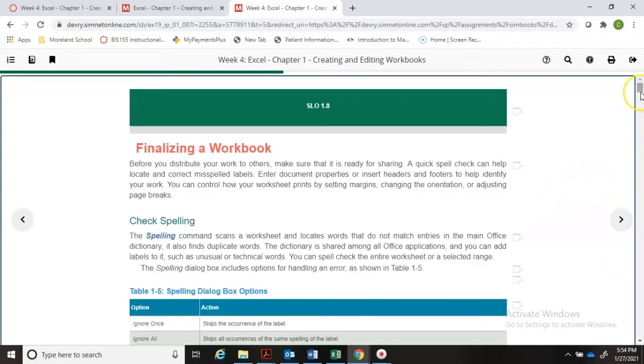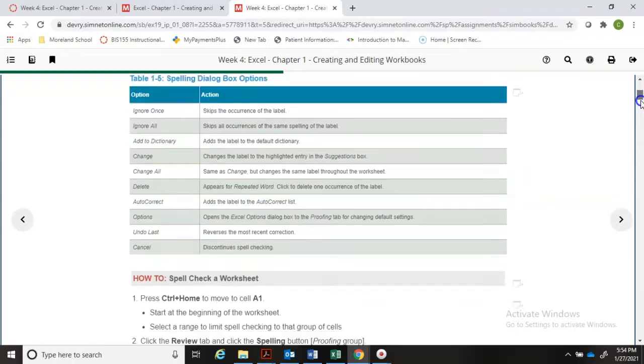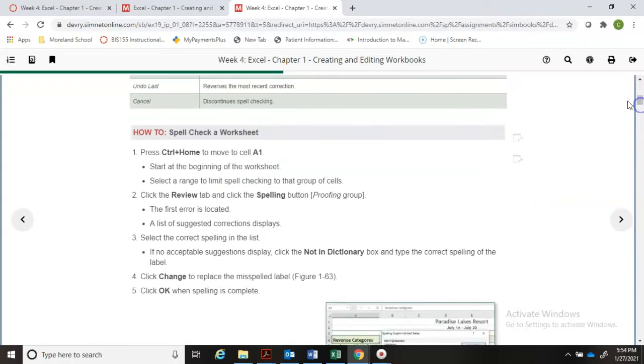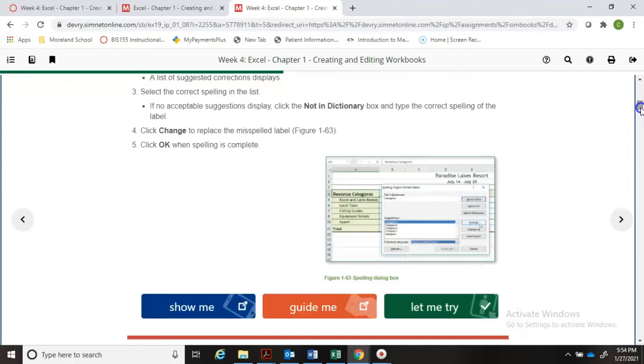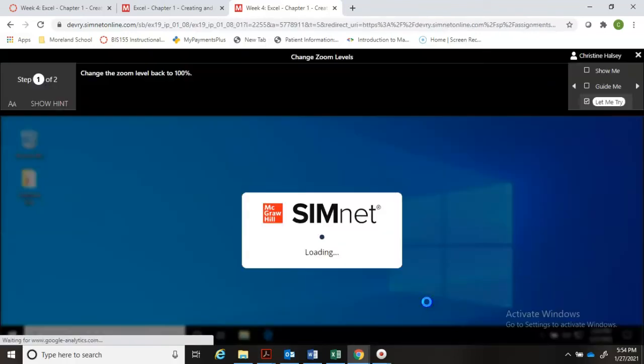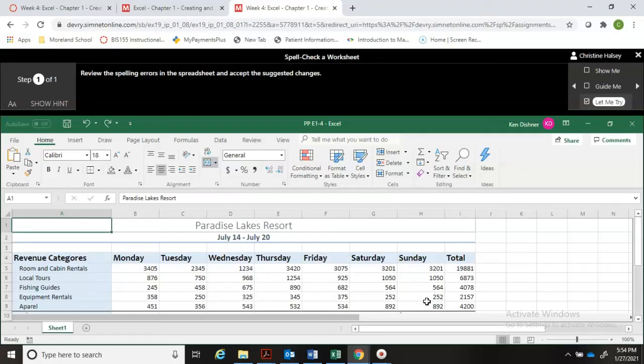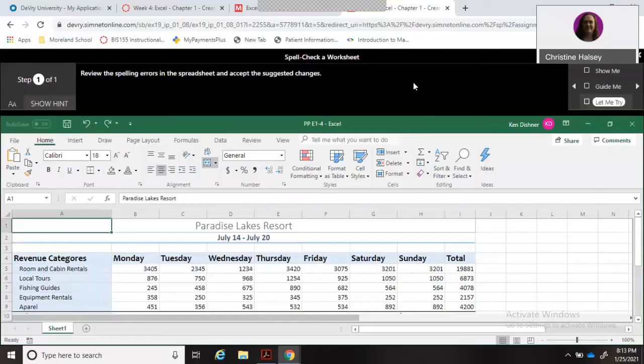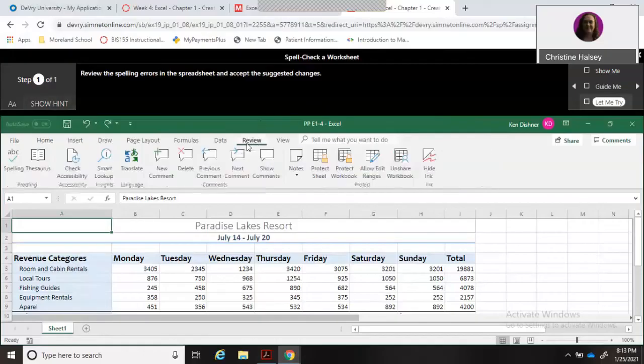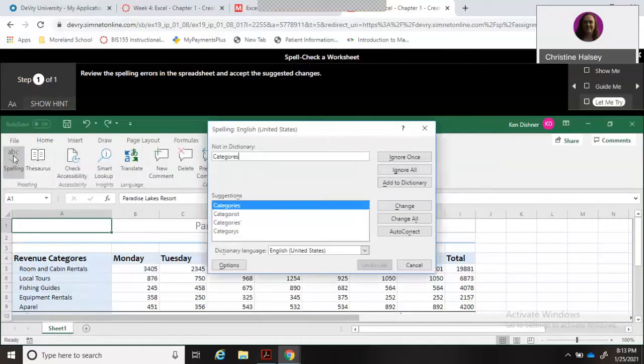Finalizing a workbook. Now we're on to checking the spelling. So if you're not sure where it's at, it's on the review tab, and click the spelling button that they want me to try. Review the spelling errors in the spreadsheet and accept the suggested changes. All right, so we go to the review tab, check spelling,